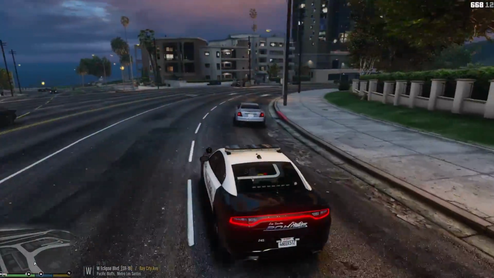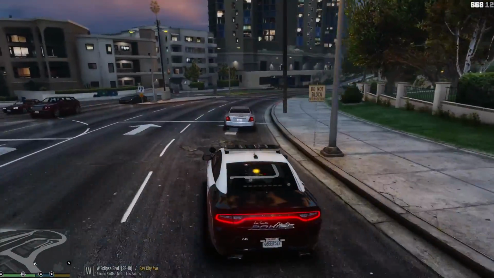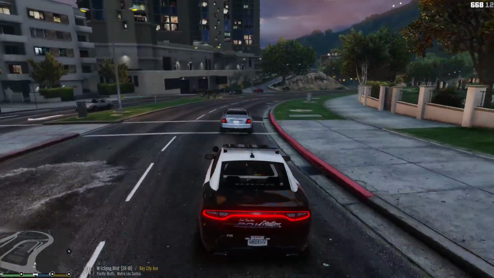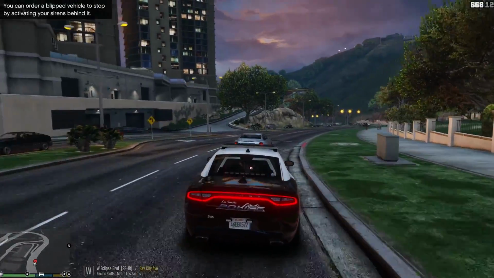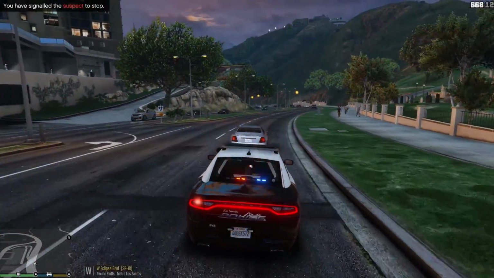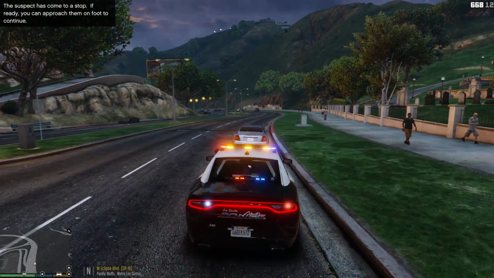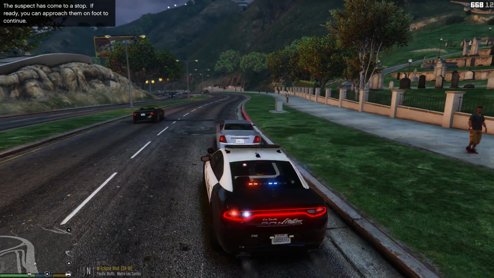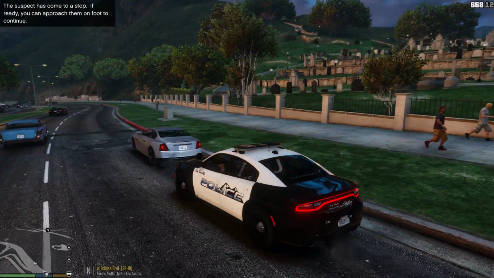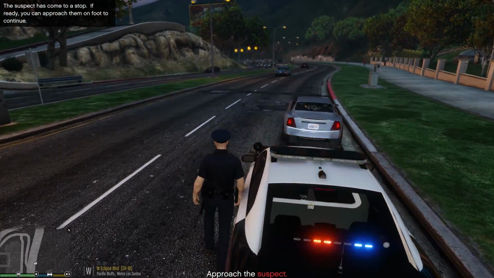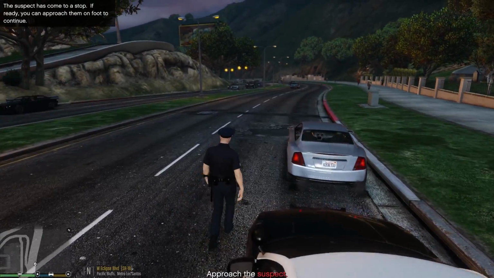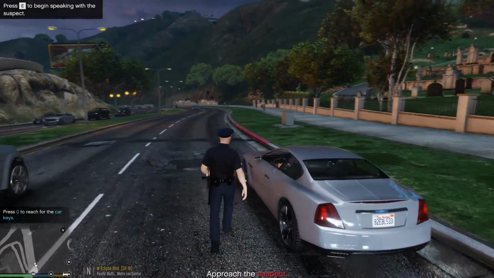So one of the first new features that LSPDFR+ has to offer is the enhanced traffic stop menu. What we can do is pull someone over using the shift key and activating your sirens behind them, just like you are used to, and they will pull over to the side of the road. After that you can get out of your vehicle and go and have a word with the driver. And then once you press the E key on your keyboard by default, you will get a traffic stop